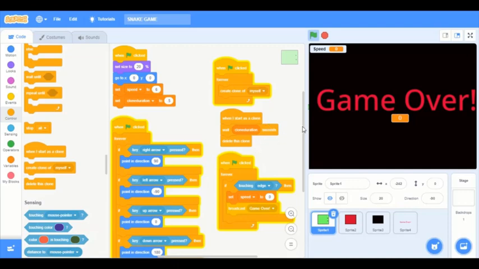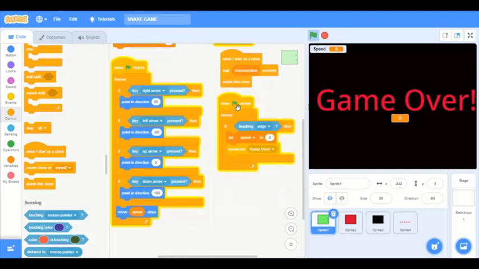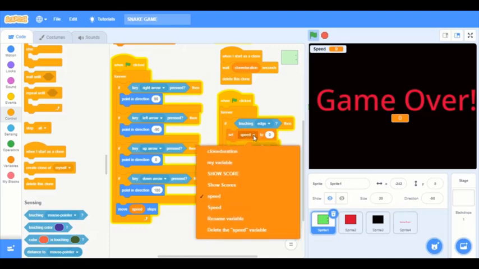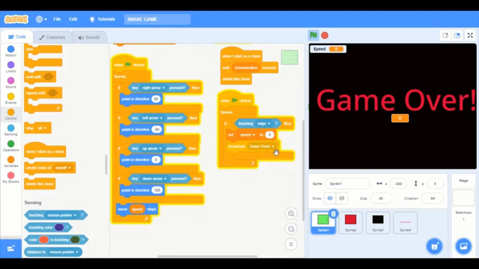Then the last stack of the first sprite is when the green flag is clicked, we have the forever code, the if code, then touching the edge, and set speed. In this case we have options, so we are using the speed to 0, and broadcast game over pops up. But I will tell you again how we came about the game over in the next 2 or 3 sprites. So these are the codes of the first sprite, that is the snake,